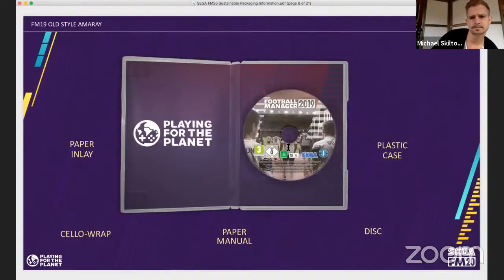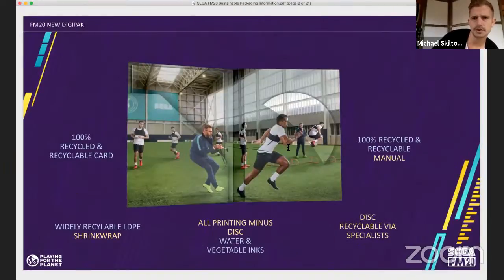Now, what can change? Well, maybe we could look at a design that closer represents this one. Okay, this design here is 100% recycled and recyclable card. You can see from before, guys, when I was speaking about the foldovers, here we've got the coach, it looks like, and the football players training in some way. And then we've got this inlay here. Actually, no, this looks like this is going to hold the manual, whilst the other side looks like there's a slit cut so that we can put the